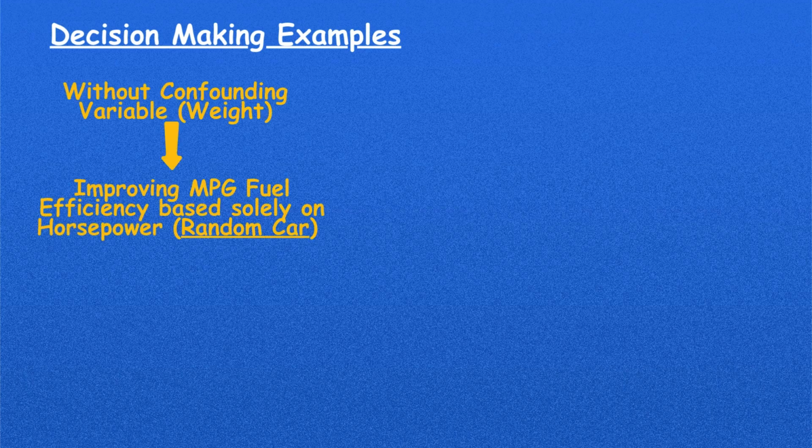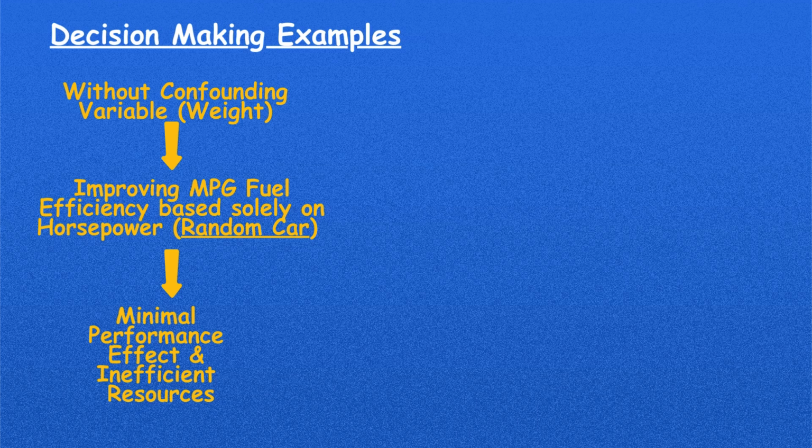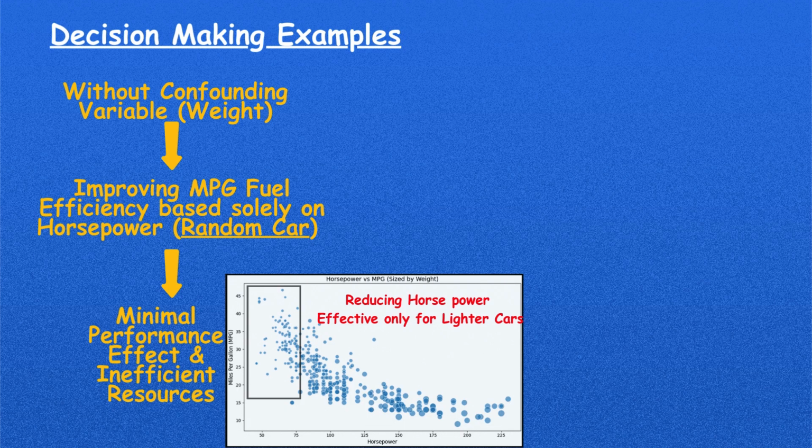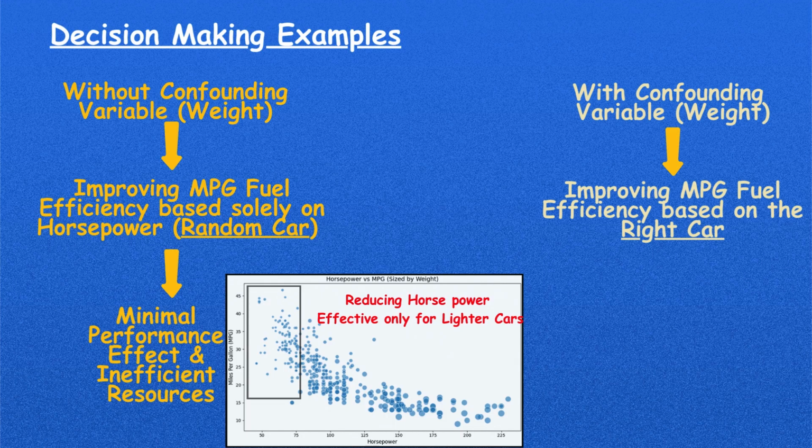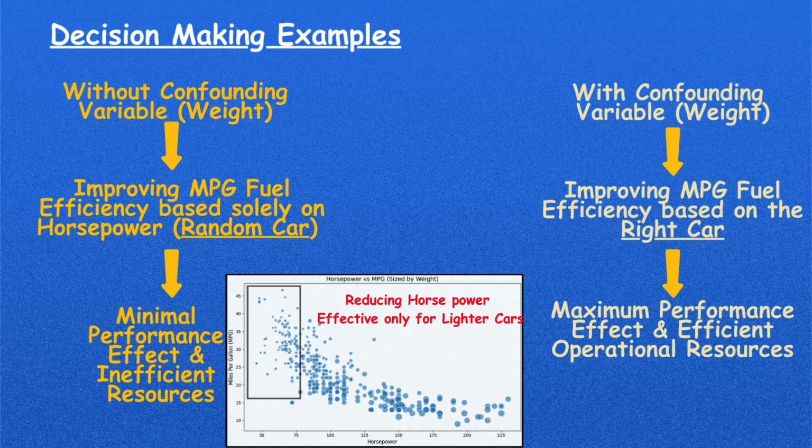How does the confounding variable in cars' weight affect business decisions? In business, making decisions on incomplete or skewed data can lead to costly mistakes. For example, if a car manufacturer focuses solely on reducing horsepower without considering weight, they might make trade-offs that don't improve fuel efficiency while spending lots of resources. Reducing horsepower may only benefit lighter cars, while heavier cars could still struggle with efficiency. By accounting for weight, manufacturers can better identify specific products that need horsepower reduction and optimize designs for both cost